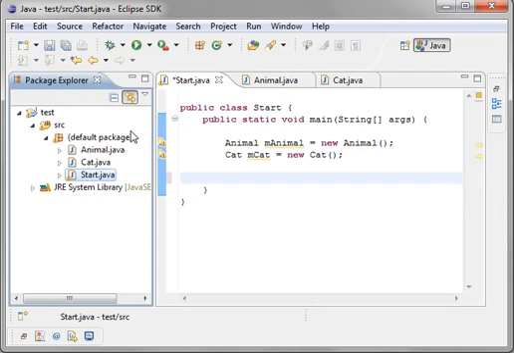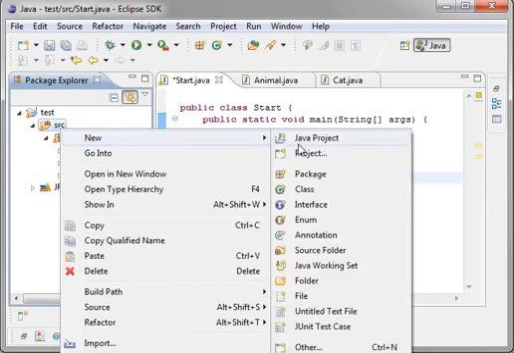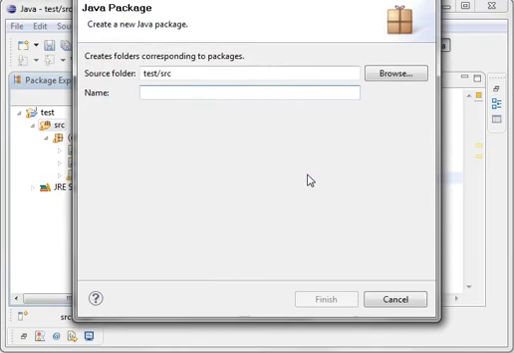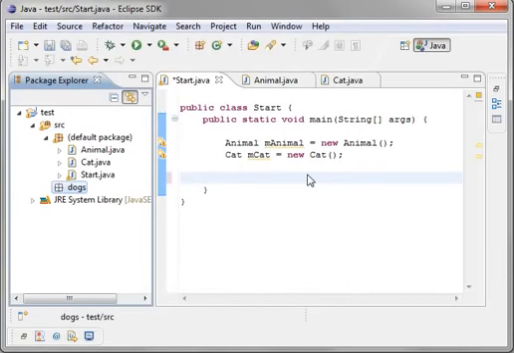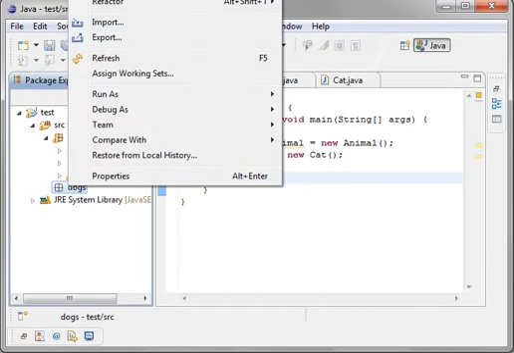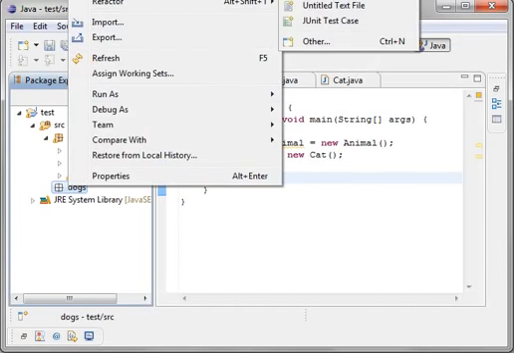Now, what is a package? This is the default package. What does that mean? Well, all classes by default are listed in the, ironically, default package. So if we say new package, and we'll call this dogs. There's our dogs package with nothing in it. Right click, go new class,